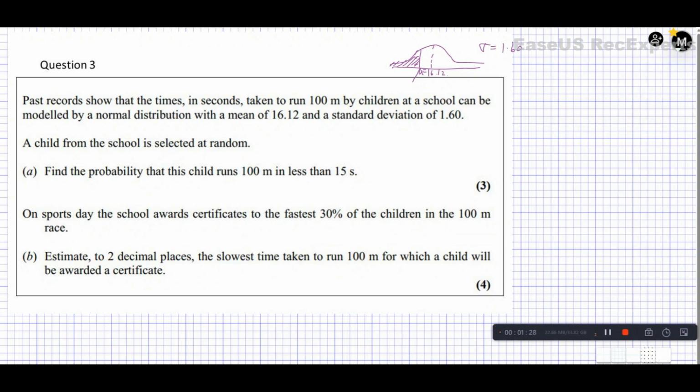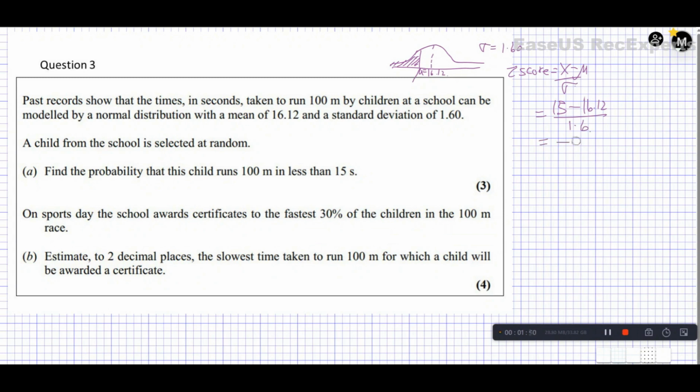So if it's on the left hand side, first of all you have to find your z-score. Okay, z-score equals to x minus mu over standard deviation. Okay, so in this case we have x as 15 minus 16.12 divided by standard deviation, which is 1.6,